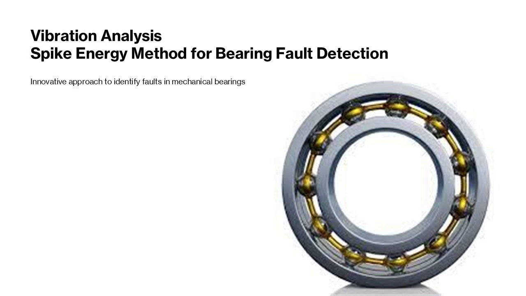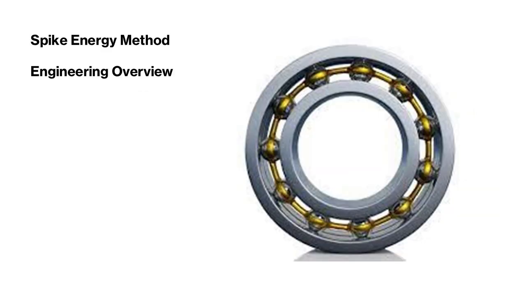Spike energy method for bearing fault detection, an innovative approach to identify faults in mechanical bearings. Introduction to the spike energy method, background and industrial context, principle of operation, measurement process and instrumentation, severity assessment charts, interpretation of spike energy trends, limitations of the spike energy method, current best practices, engineering use case and maintenance programs, conclusion